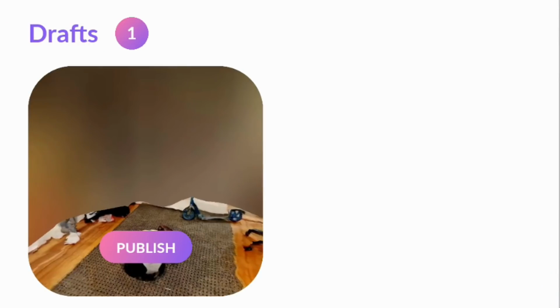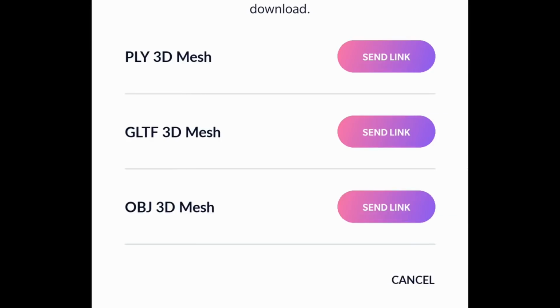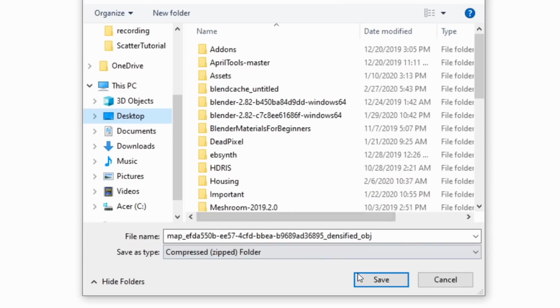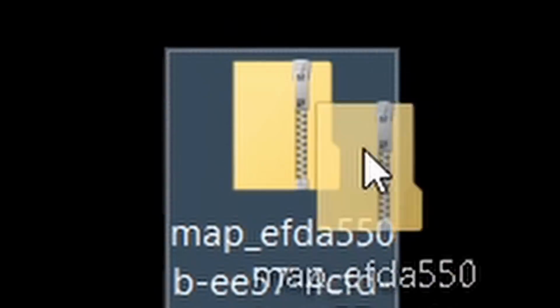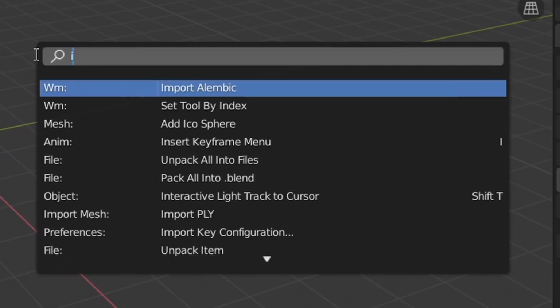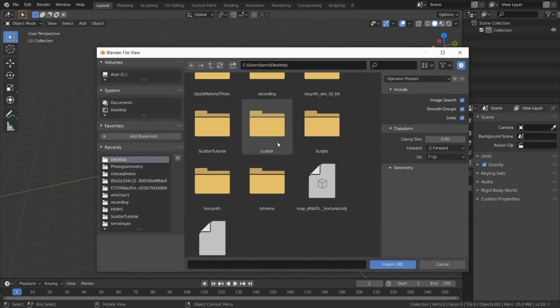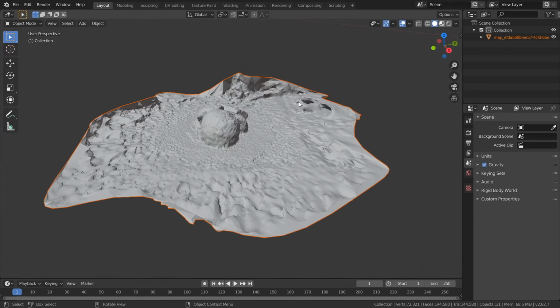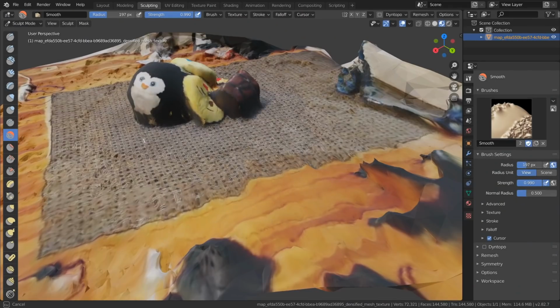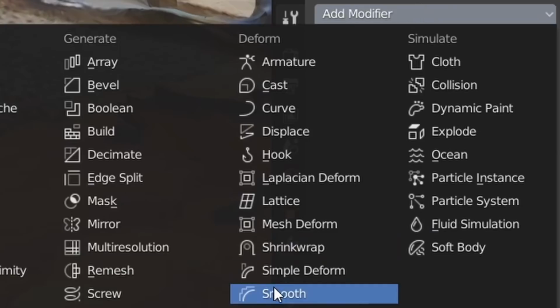So our model is done processing. So we can now go through the publishing process, which is going to let us share a download link of our model via email. And then after you download all the files to your computer and extract these somewhere, you can import your model into Blender by running the import obj command and navigating over to your file, and boom, you've imported your stuff into Blender. It's not that hard. Since you have your model in Blender, you can now do some cleanup if you want using sculpting, the smooth modifier. You can even go as